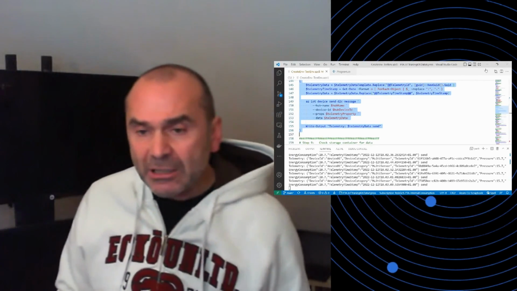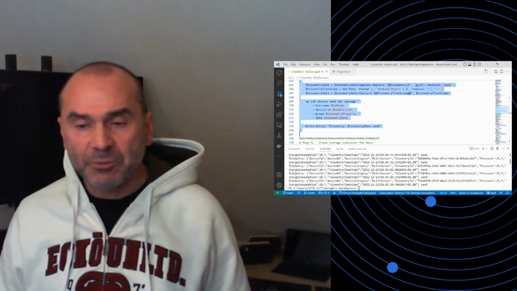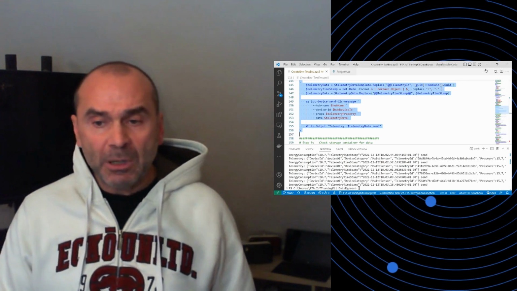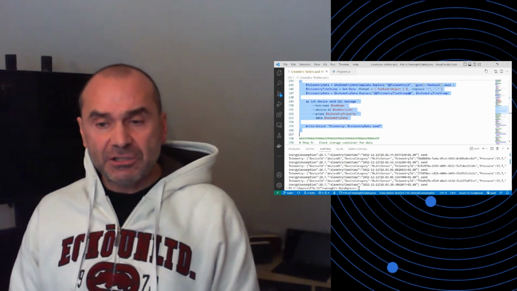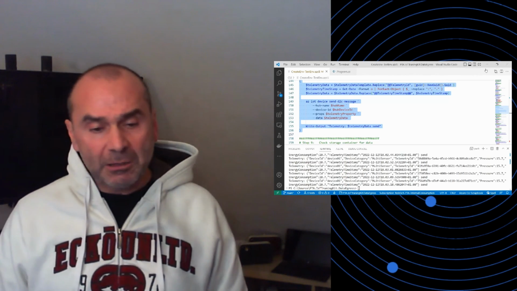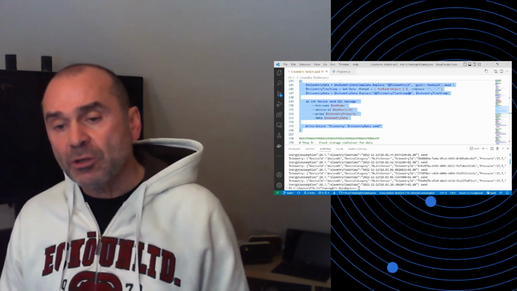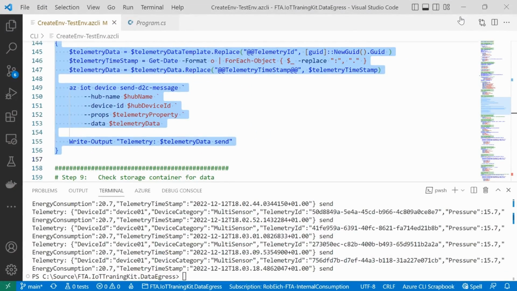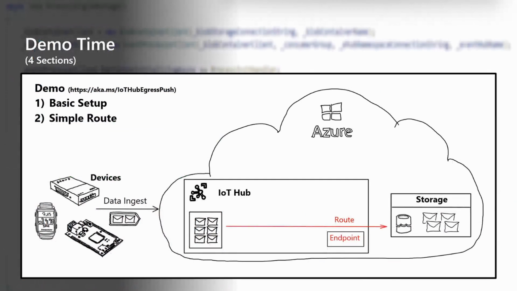Here we really use the magic from IoT Hub to create endpoints and routes, and then IoT Hub will forward the messages to the endpoint and then to the Azure service which is linked to this endpoint. Now let me go back to the deck.